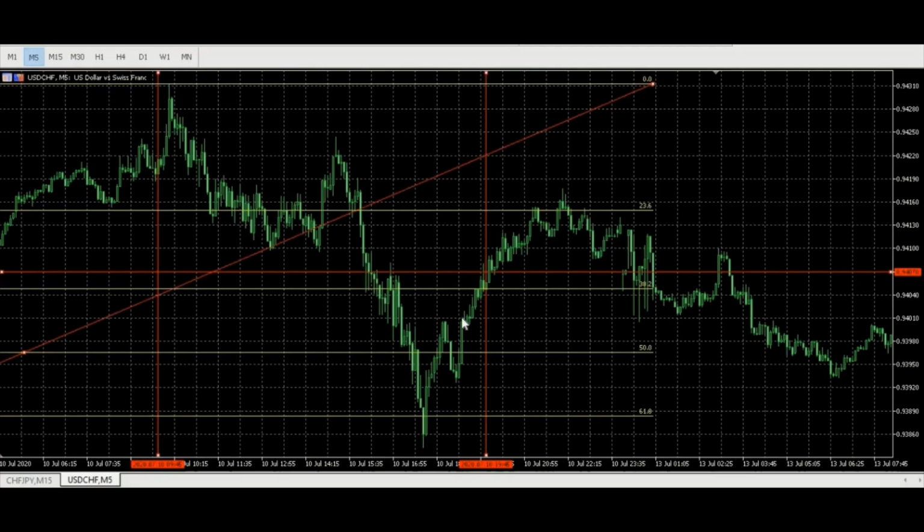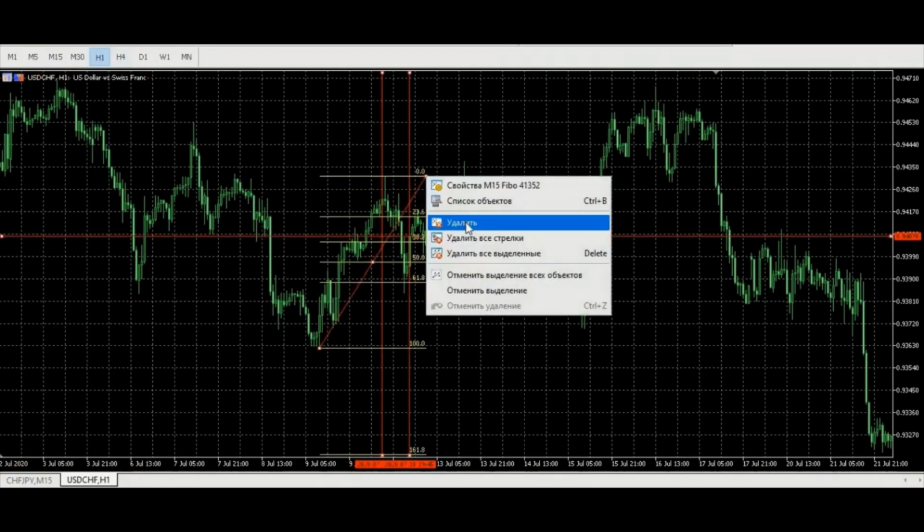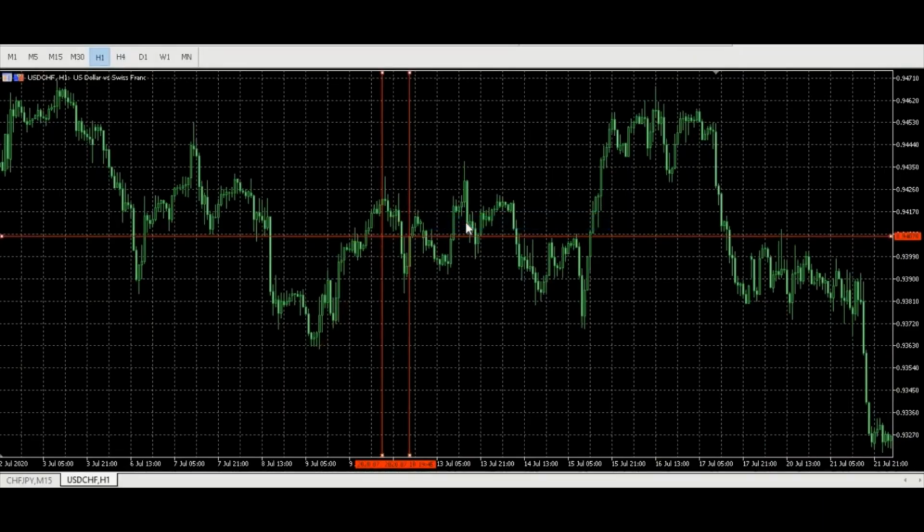My entry point was somewhere here, as I told you before: when I have already the first wave, second wave, third wave, and the third wave broke the higher point of the fifth wave, it was my entry point. But as you see, if we try to estimate this trade, it was a good trade, but it